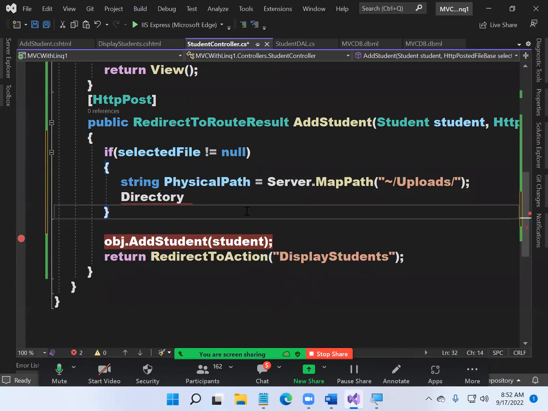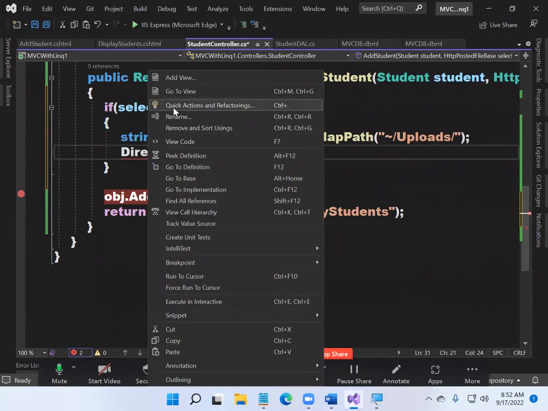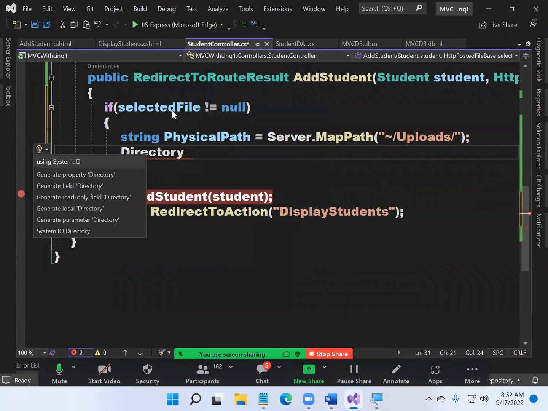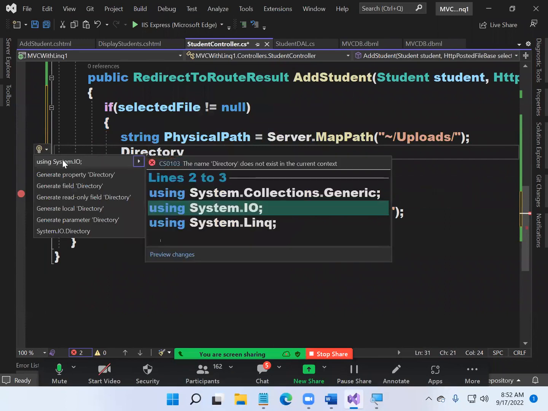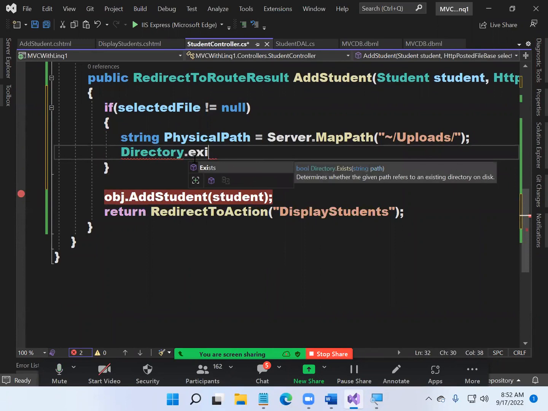Remember the simplest way to import a class? Import a namespace. Right click, quick actions and refactorings, and here the left hand side will show you the namespace name. Click on it. It will write it for you automatically. Directory dot, simple English,